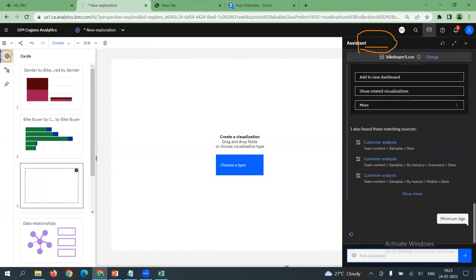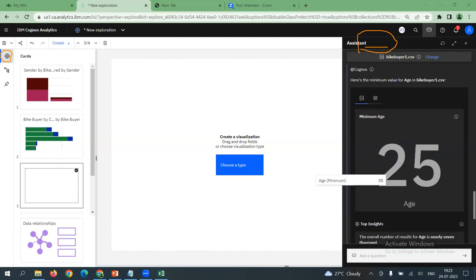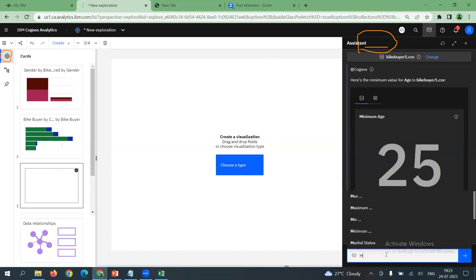Run my query. So I would like to know what is the distribution of the age. The minimum age of the respondent is how many years, participants? Please see the answer given by the Cognos Analytics Assistant. As per the data set, the Cognos Analytics Assistant found that the minimum age of the individual was 25 years. Clearly, you could see the minimum age is 25 years, participants. Correct.